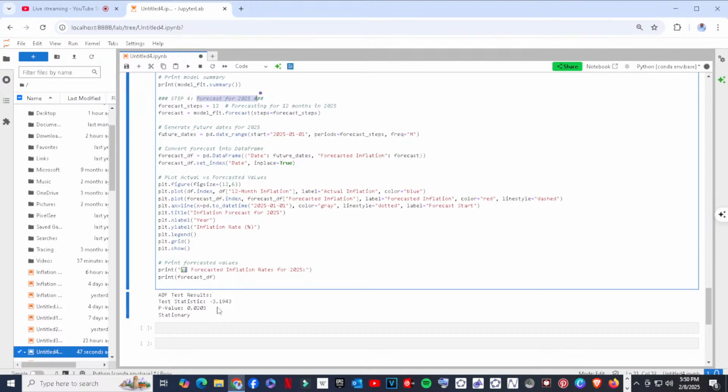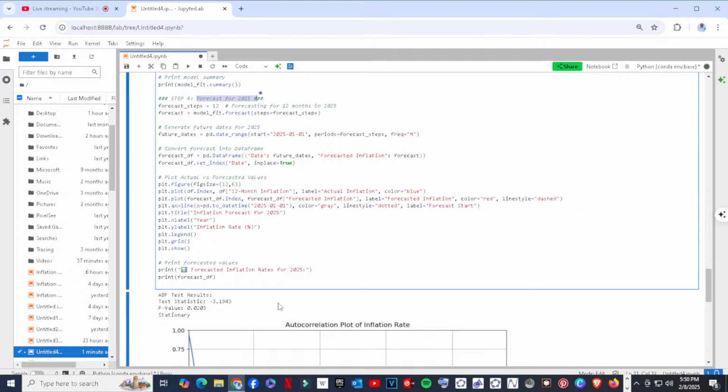The test statistic is negative 3.1943 with a p-value of 0.0203. Now that allows us to conclude stationarity. And let's see how these are interpreted.